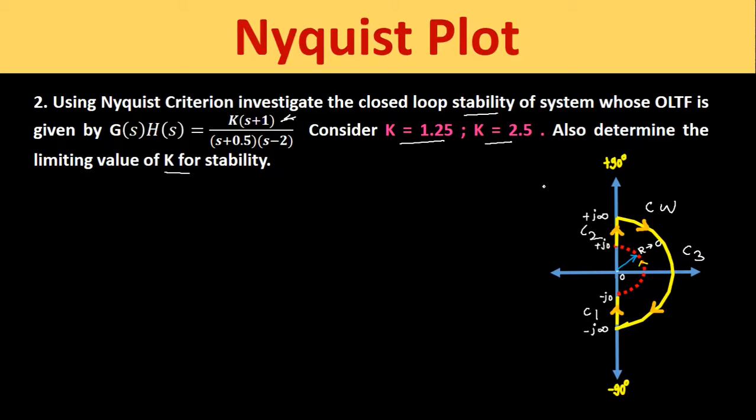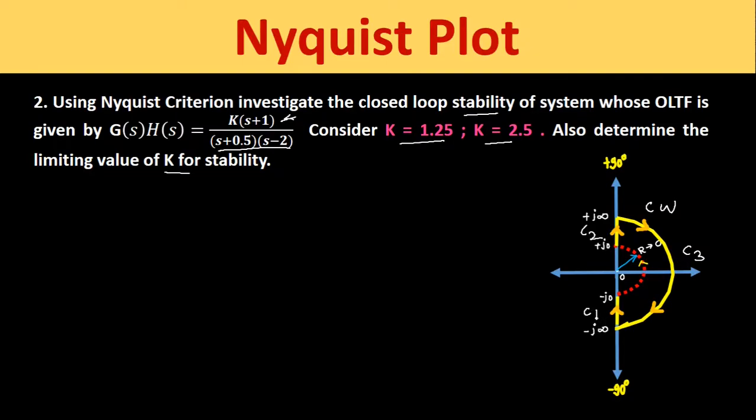So first we have to consider a Nyquist path as shown in this figure. Here we have not considered the semicircle around this origin O because there is no pole at origin in the transfer function of the system, as we can see that in the denominator of this transfer function there is no single s present. So we will not consider this red color semicircle, we will only consider this path of yellow color. So we are going to divide this whole path into three sections, C1, C2 and C3 section.